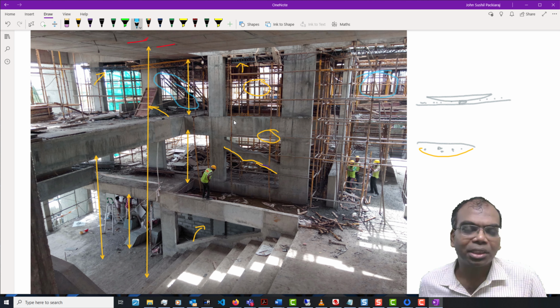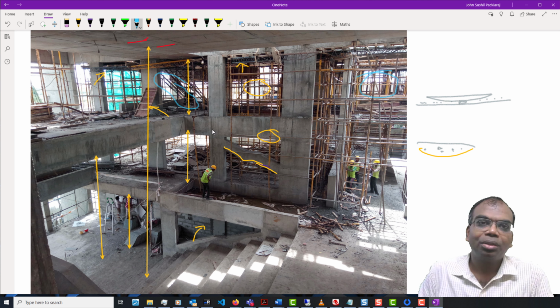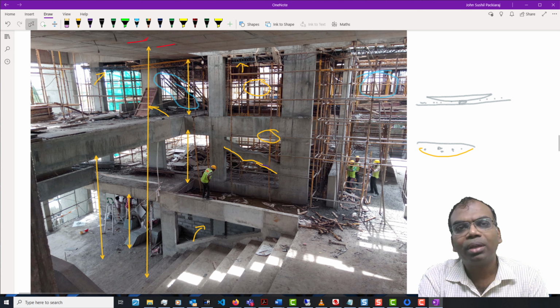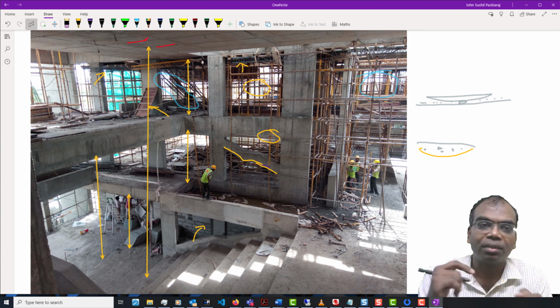So you need to be very cautious, and this means you have to be in a position to understand construction drawings very clearly. Okay, and one more very important thing, when you're doing a work like this, you also will realize that how will I be able to do this unless I know what is going to come in the ground floor, first floor, second floor and third floor.